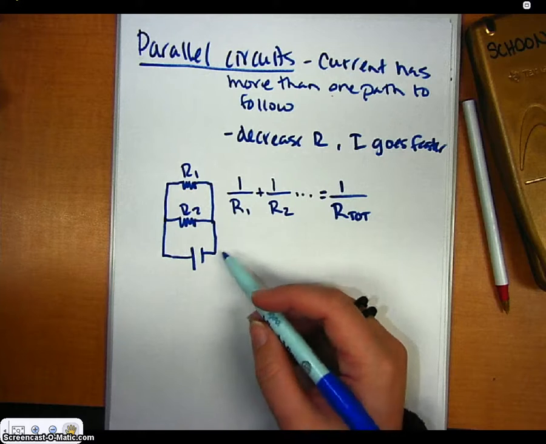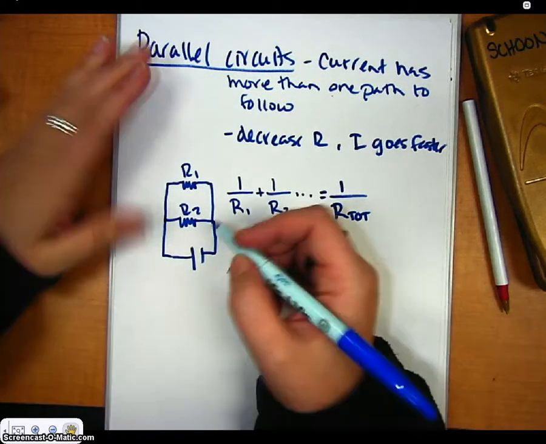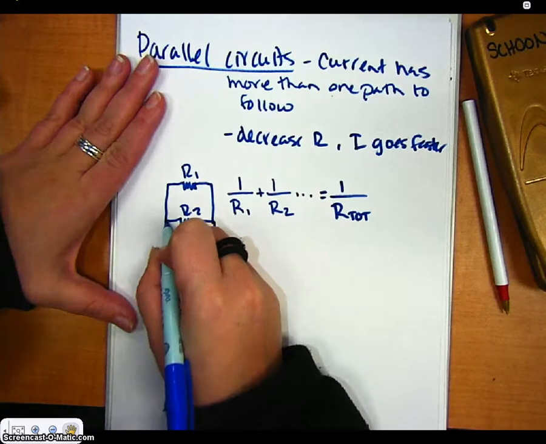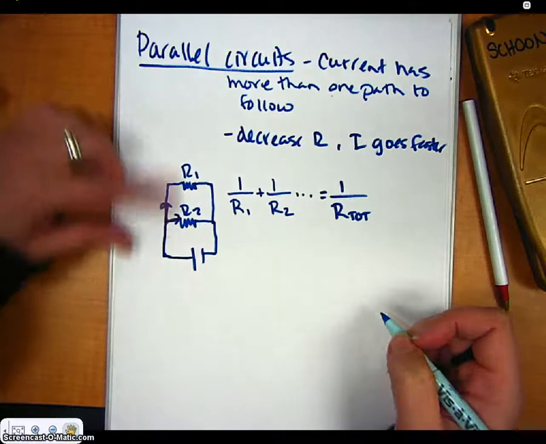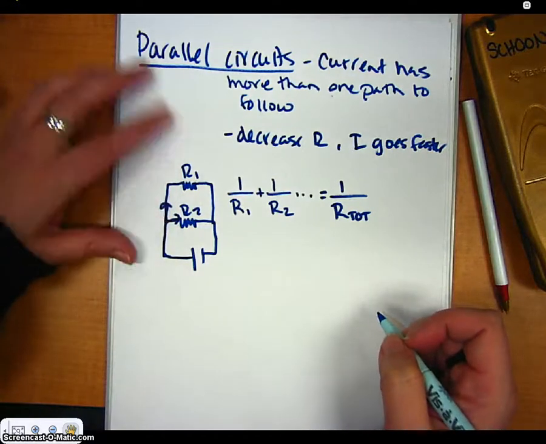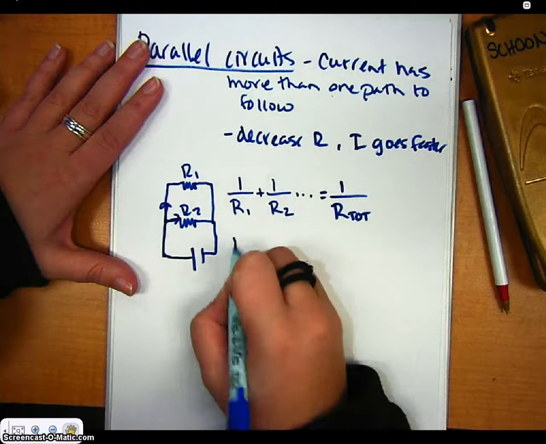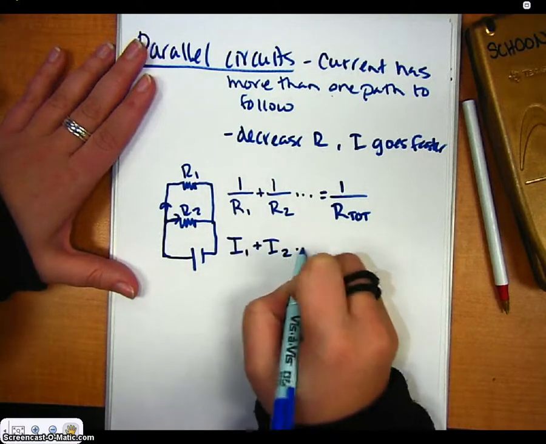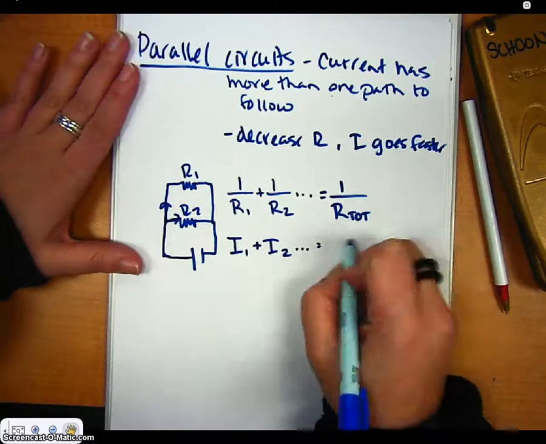And then we have current. So what happens to the current? Because the current has more than one path to follow, it's going to split here and go into two different places. So the current at R1 and R2 is going to be different, but it's equivalent to the sum total of the current in the whole circuit. So I1 plus I2, for as many resistors as I have,